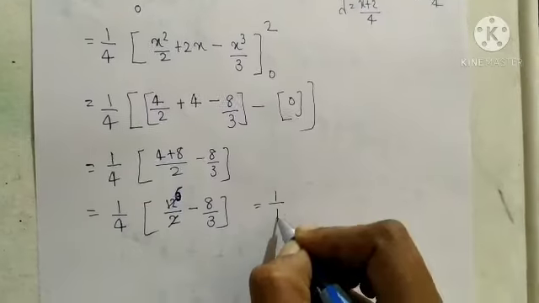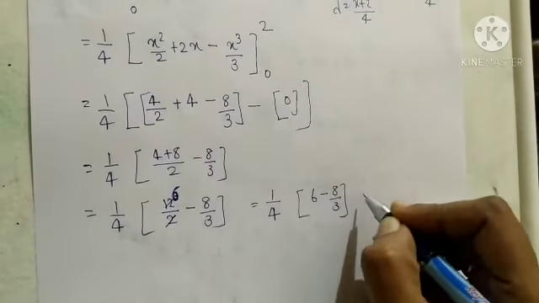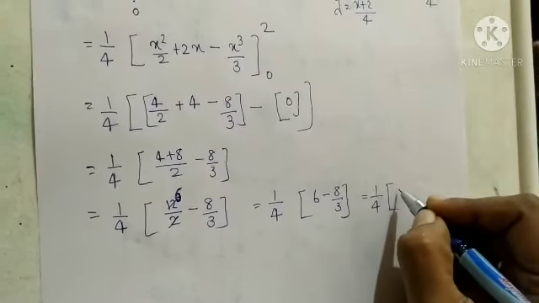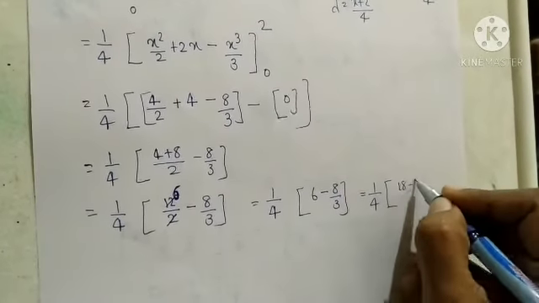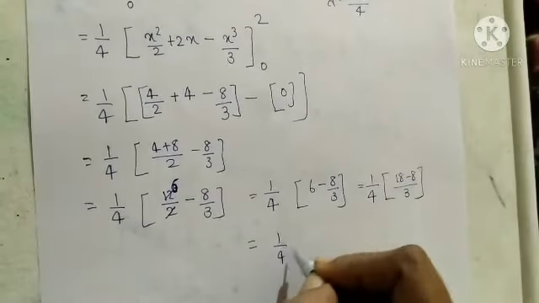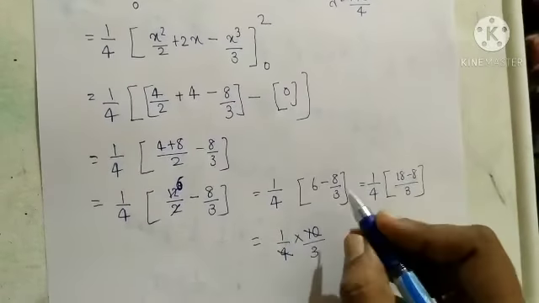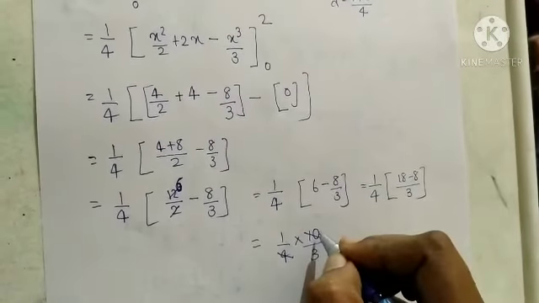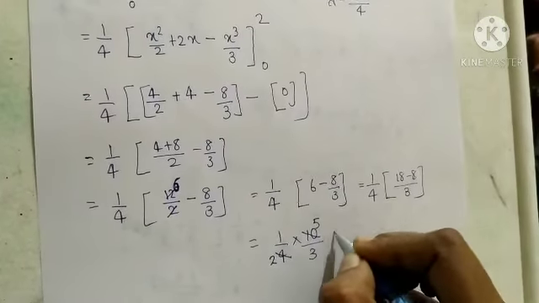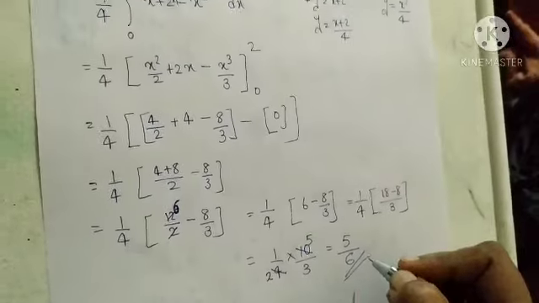So it will be equal to 1 by 4 into 6 minus 8 by 3, or it can be written as 6 into 3, cross multiplying, we get 18 minus 8 by 3 equal to 1 by 4 into 10 by 3. Cancelling this 4 and 10, the denominator will become 2 and numerator will become 5, and here the answer will be 5 by 6. Okay, so